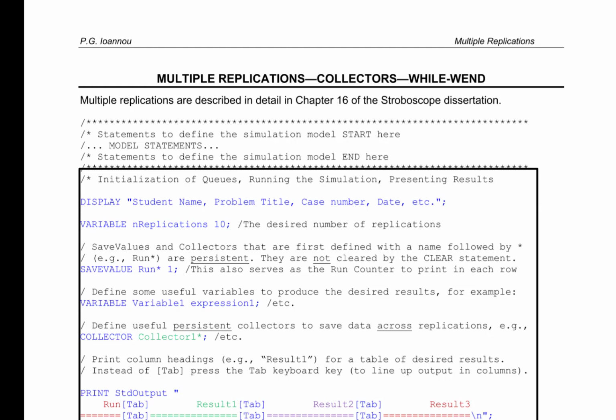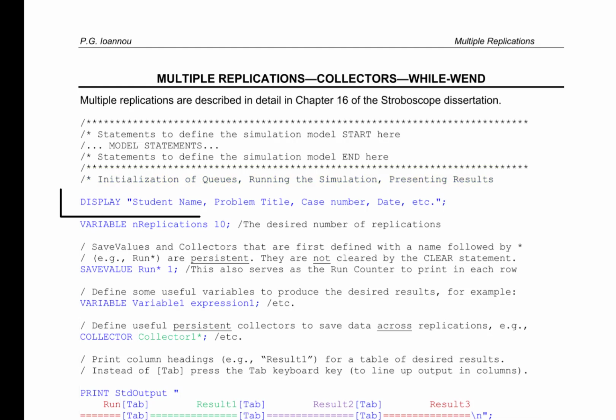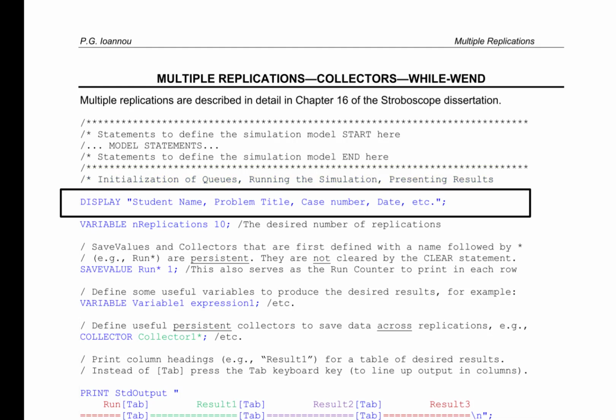The statements that perform multiple replications appear in the last section, which has the label Initialization of Queues, running the simulation and presenting the results. It is always a good idea to have a display statement that provides information about the Stroboscope model itself. Such a display statement is shown here that provides the student name, the problem title, the case number, the date,